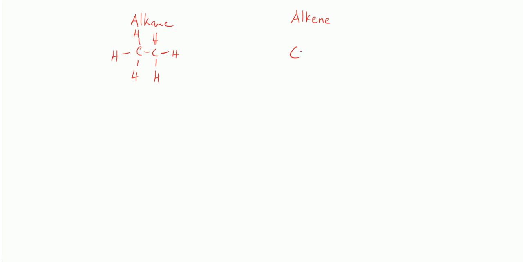Right, the alkene has a double bond. Now, typical exam question, you have to give a test that you can use to differentiate between the two. So the first test is add bromine water. What is that? Bromine